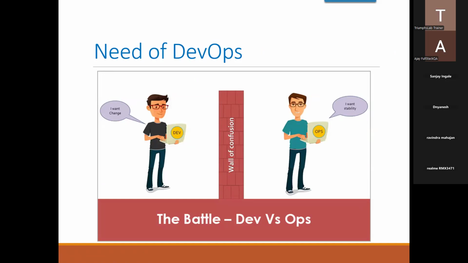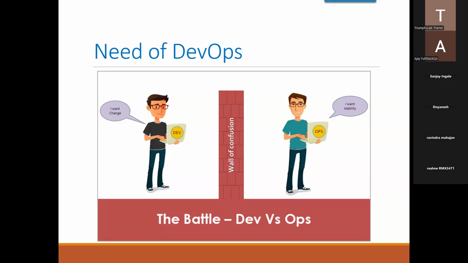Developers were responsible for writing the code, and they were writing the code on their machine, and it was running successfully on their machine. Developers know the code in and out, but the deployment team, or what was earlier called the build and release team, had the task of creating the builds and hosting them on a server. And this team was working separately.